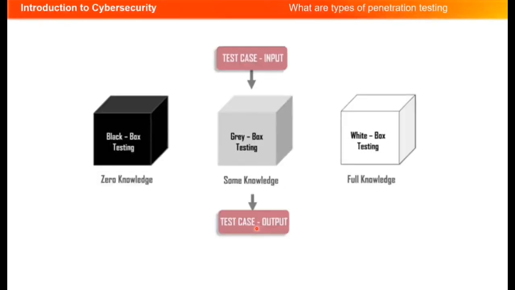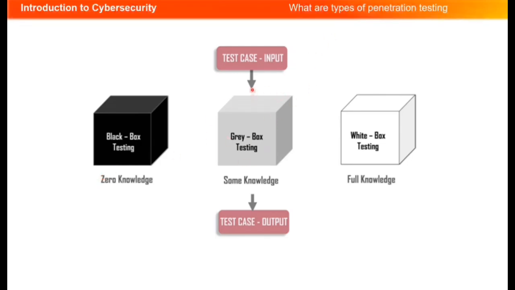Some types of penetration testing: black box testing, where there is zero knowledge of either the enterprise or the information system to which we are trying to gain access. That involves a lot of guessing. That could be using very intuitive names for systems, guessing passwords, maybe using social media to find out people's birthdays or the names of their children. It involves a lot of guessing, but once something is found, we can provide information to the attacker.